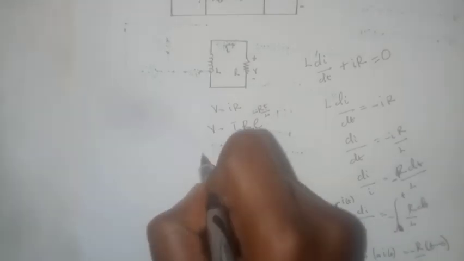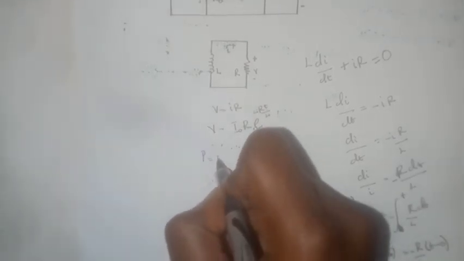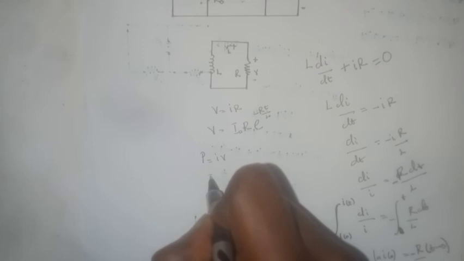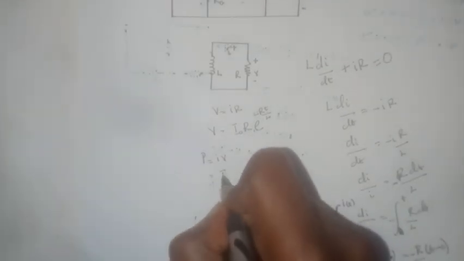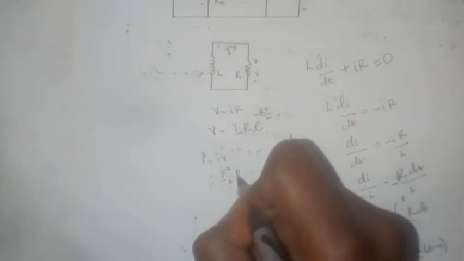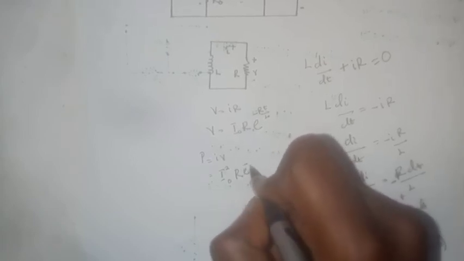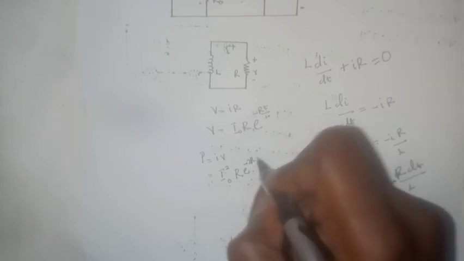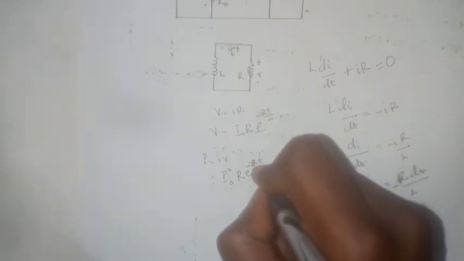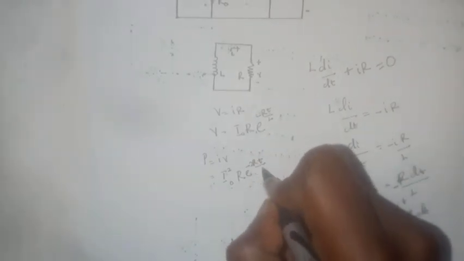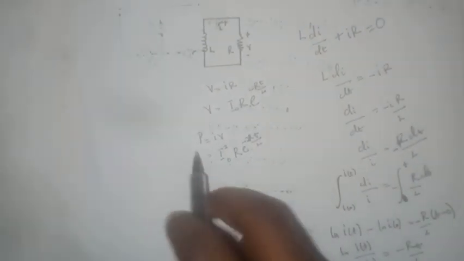With this much information, we can infer that the power, p equals i v, is equal to I naught squared R e raised to power minus 2Rt over L. And this is going to be the expression for the power,